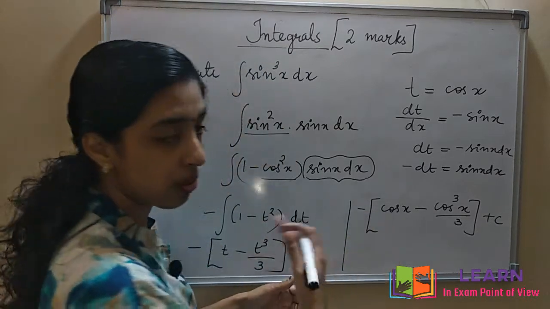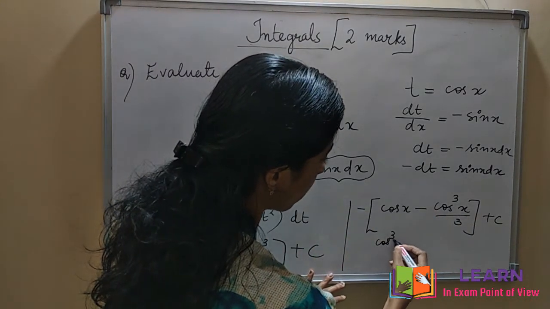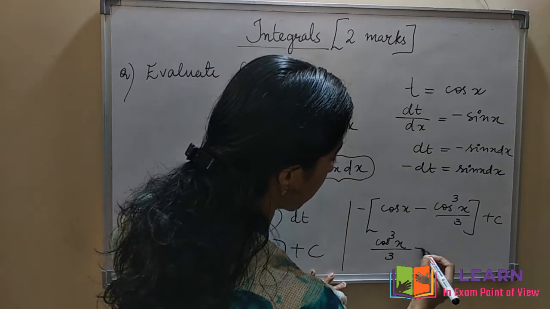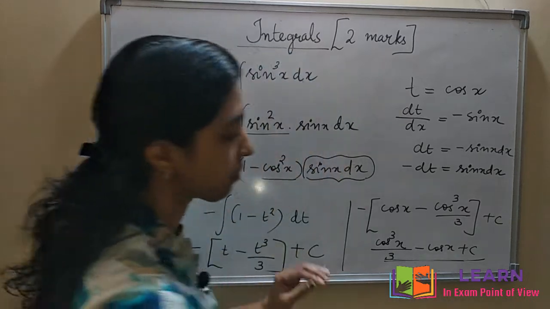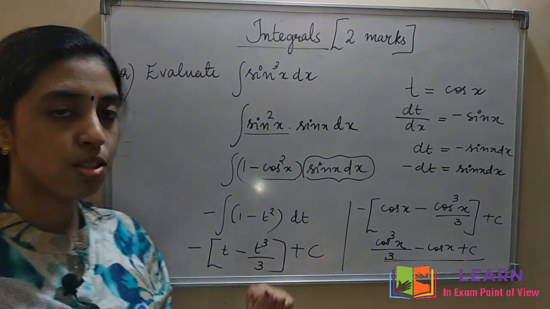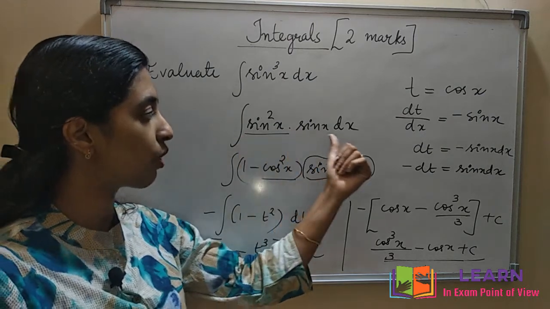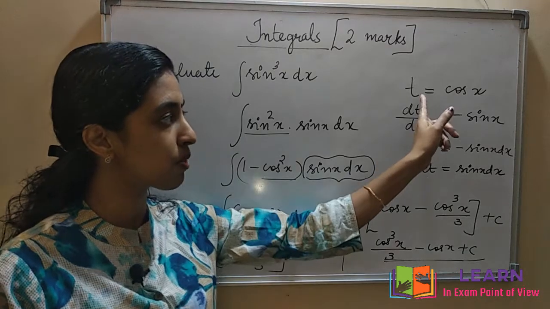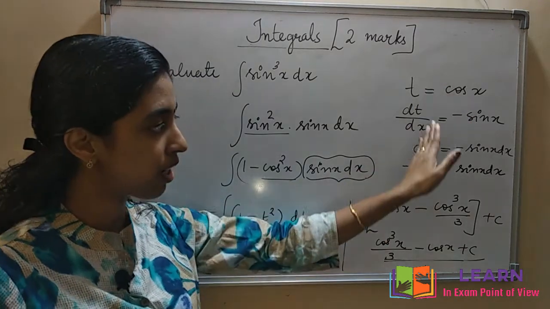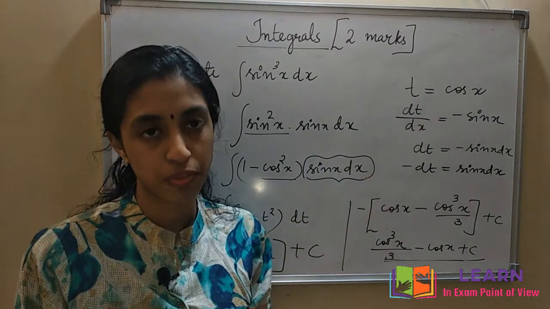This negative sign you can take inside, so this will become positive. So first write the positive term: cos cube x by 3 minus cos x plus c, which is the answer. So clear, I think this is the t substitution form. If we don't directly know the formulas, we need to change into the required formula, then substitute t. Differentiate this part, then at last you need to resubstitute the value of t.